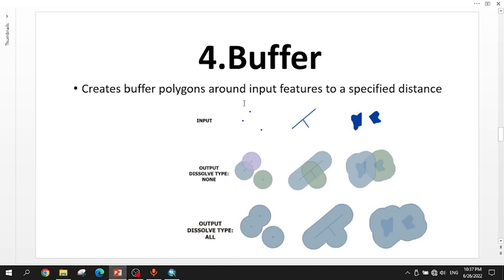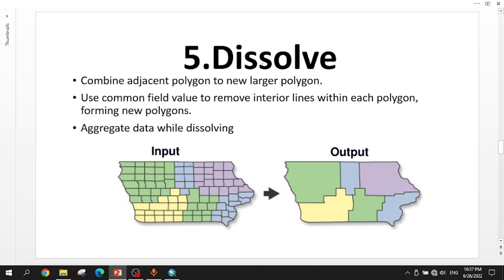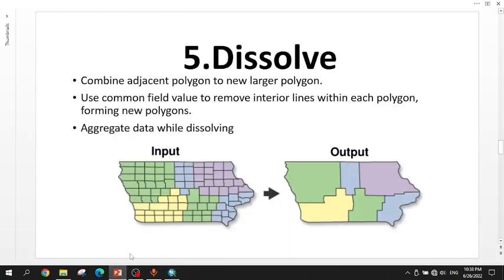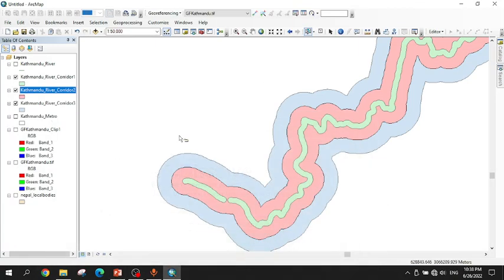And in the fifth tool, we are going to learn about the dissolve. Dissolve is the geoprocessing tool to convert or to dissolve the boundary into the one. So let's start. So for geoprocessing tools dissolve, we are going to follow this process. So for dissolve,